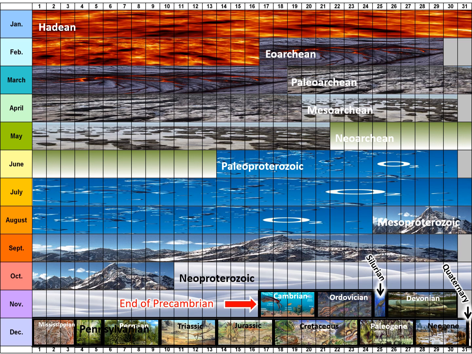The inferred origin of life, or the first cells, is estimated to be somewhere around February 25th. Bacteria show up April 18th, and eukaryotes, which is what you are, don't show up until July 18th. The Cambrian explosion of life, or when multicellular life really grabbed a hold and began to take off on planet Earth, didn't start until November 17th.